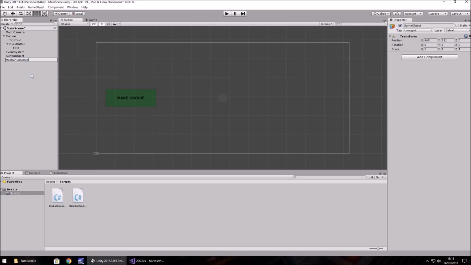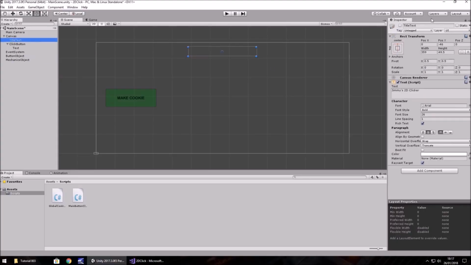Mechanics object. And let's attach global cookie. So as we can see over here, although we've declared 3 variables, we only see the 2. And that's because, like I say, the static one doesn't appear here, but I like to have the internal version. So cookie display, let's create a game object just like this title text here, which I'm going to turn